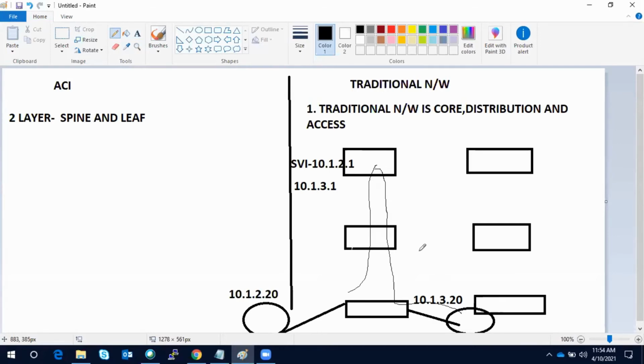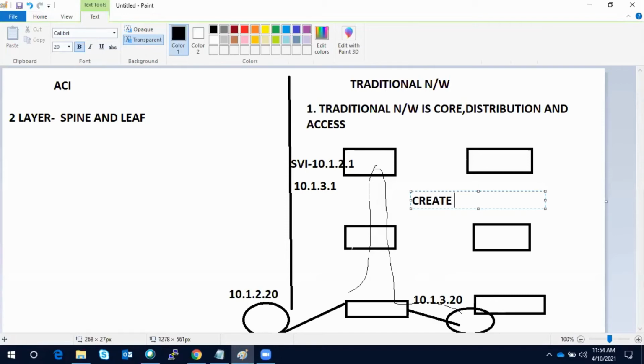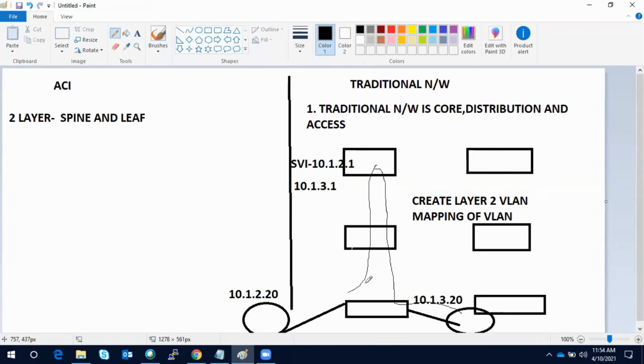The challenge is if you forget to create the layer 2 VLAN, or the mapping of the VLAN on any of the uplinks, then this communication is not going to happen. Let's say this is my uplink from the access layer to the distribution layer, and you missed applying the VLAN. What will happen? Will the communication happen? No.